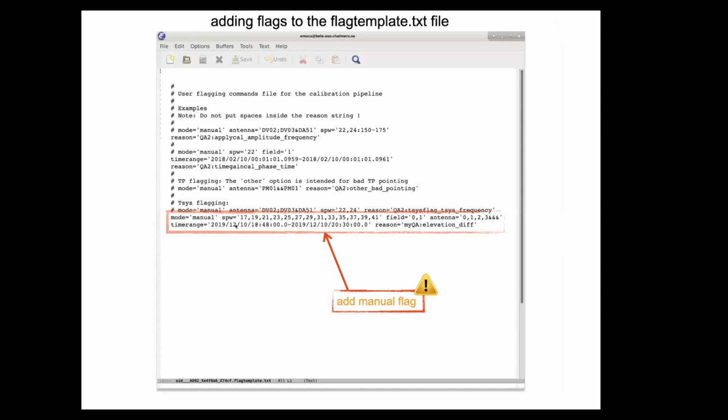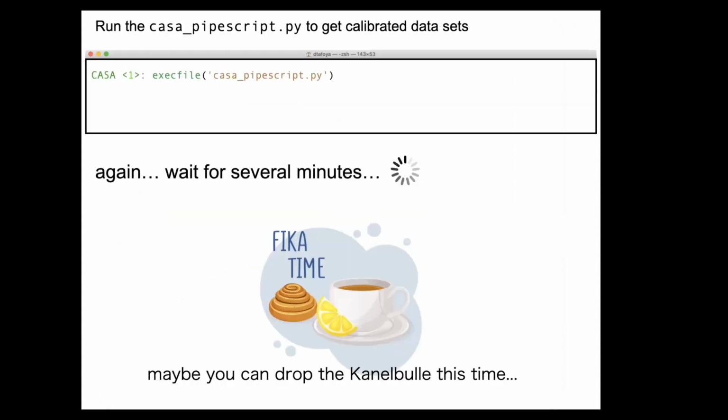And then the time range, we put here the time range that we want to flag and to remove that data. And then once you add those flags, you save your file, and you go back to CASA, and you run the CASA pipe script,